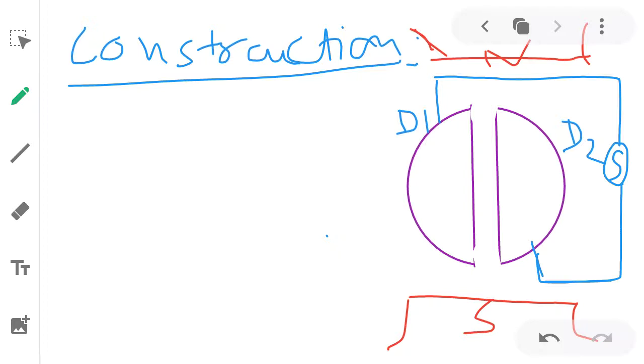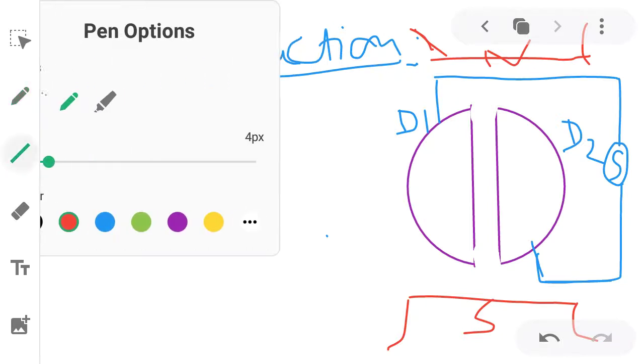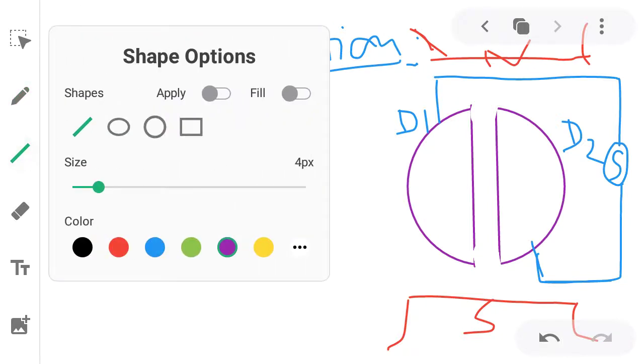So it has two D's. Why are they called D's? Because the hollow chambers are in the shape of D's, and there is a gap between them. In that small gap the source of positively charged particles is placed. D1 and D2 are connected to a high frequency oscillator, which provides a high electric field across it. Now one more thing, let me make sure, there is something else also.